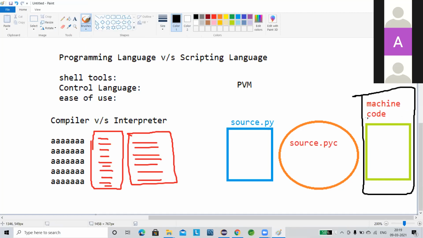And this .pyc file is executed only by that interpreter, not the OS. That's why this bytecode is machine independent code, not dependent. It does not create a dependency like the C language or C++. That's all. Okay.